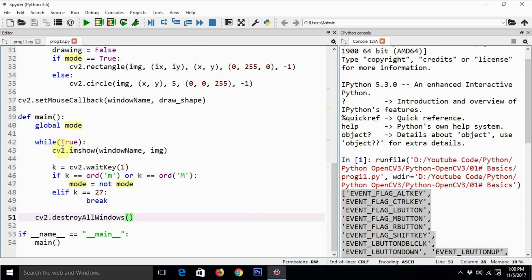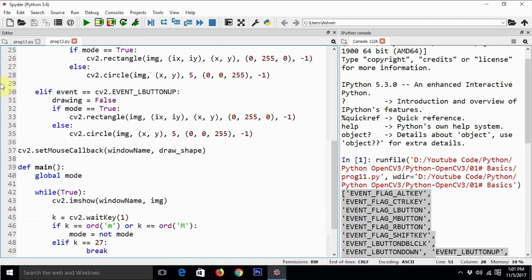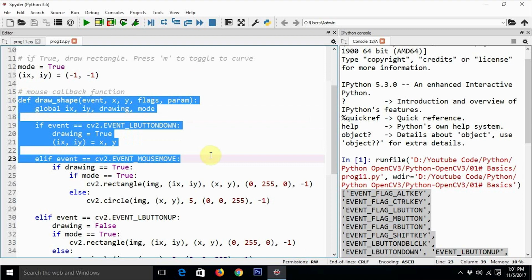So while True, cv2.imshow has got to show the window with the window name, and it is going to be associated with the img. Okay, and we are redrawing the image every time any mouse left button event happens, here in this mouse callback function.